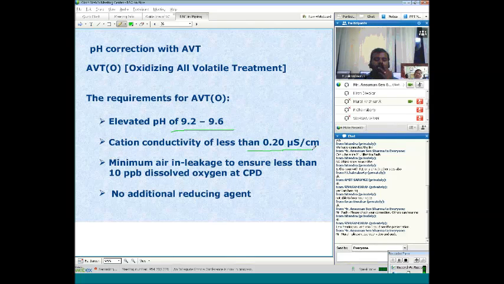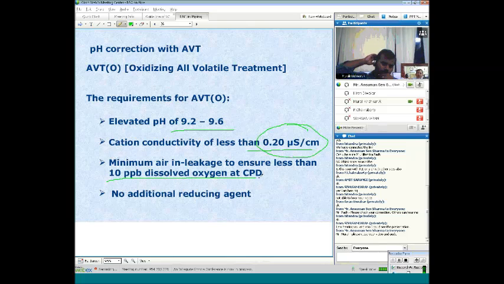Unfortunately, in units of less than 500 megawatt, there are very few places in India where condensate polishing units are being used, unless you can achieve a cationic conductivity of the feed at less than 0.2 microsiemens. Those who know about their water chemistry know that this is very, very difficult to achieve. So you must have a condensate polishing unit in your system, and of course, another thing is that you